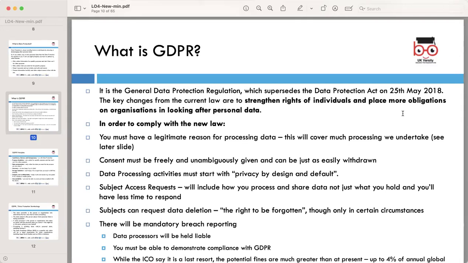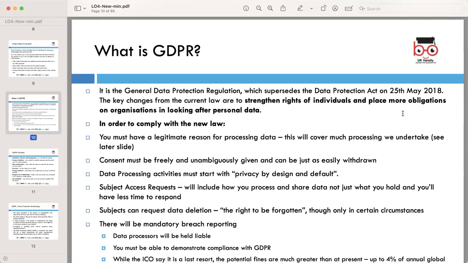Key changes include strengthening the rights of individuals, imposing more obligations on organizations in handling personal data, having a legitimate reason for processing data, covering a significant portion of processing activities, requiring freely given and unambiguous consent that can be withdrawn easily,